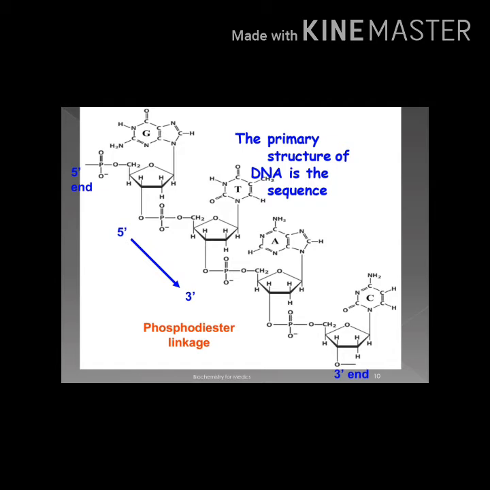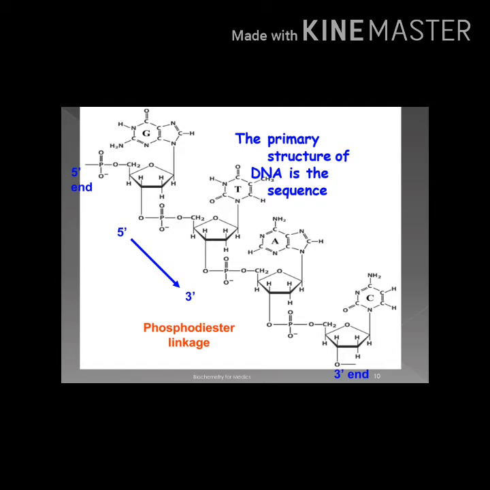So basically, the 5 prime end. Why are we saying it is a 5 prime end? Because the phosphate is bound to the 5 prime position of the carbon present in a sugar. As we have discussed, it is a 5 carbon sugar, so at the 5th carbon there is an attachment of a phosphate, so that's why it is known as the 5 prime end.